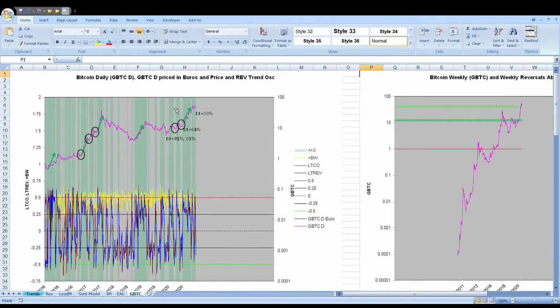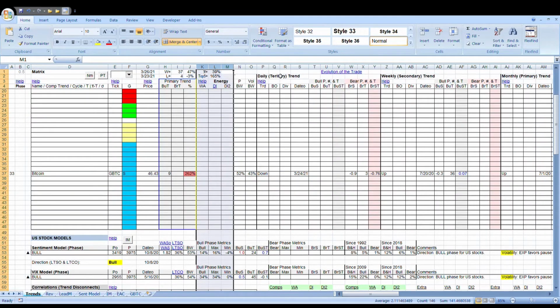We can see that the daily is here and the daily is currently down. The daily has been down for 3 days. It was recently up. Every time you have an uptrend, it's a green box. Green boxes are measured in terms of distance and duration. So there's a time cycle and there's a price cycle. Those cycles are recorded here in the tertiary column.